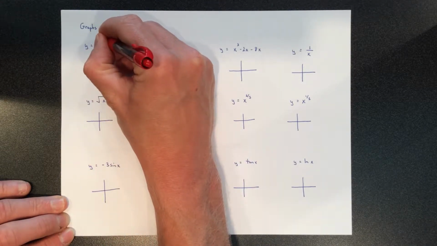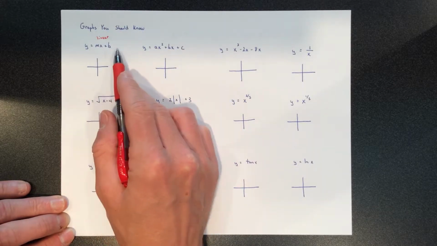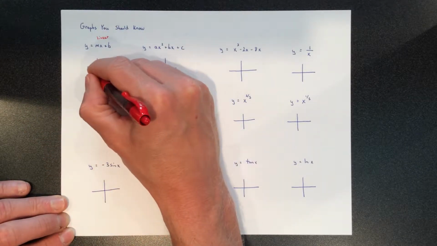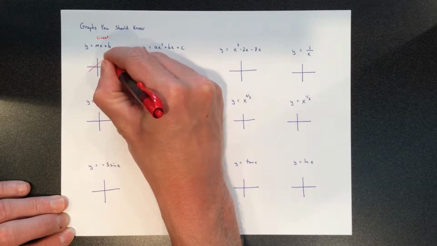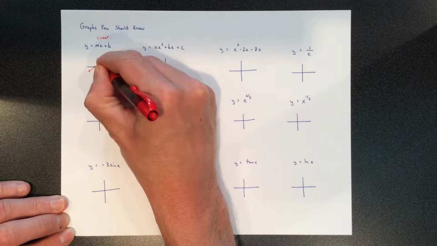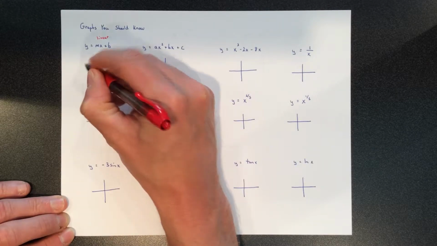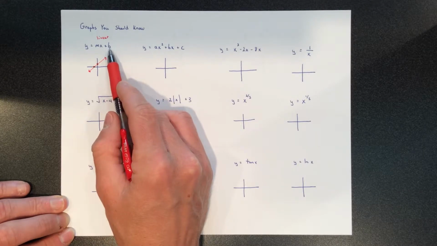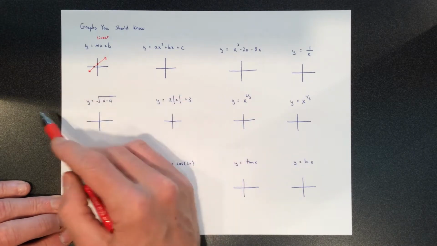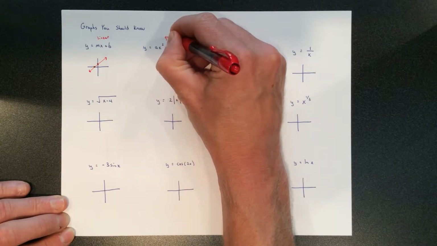Anytime we start talking about a thing that's in the form y equals mx plus b, you know that's just some line. Special things about lines is they have an x-intercept, a y-intercept, they have a constant slope, and in this form you know that this is the y-intercept and this is the slope, and you have some linear function. Okay, then you can come over here to some quadratic,